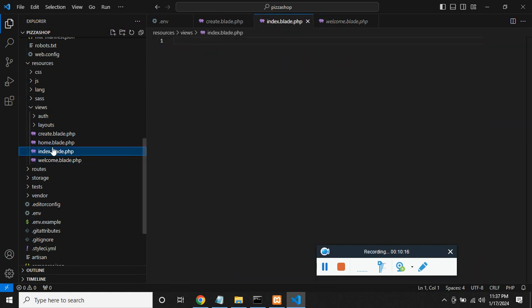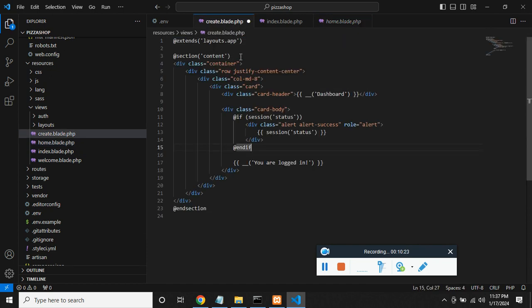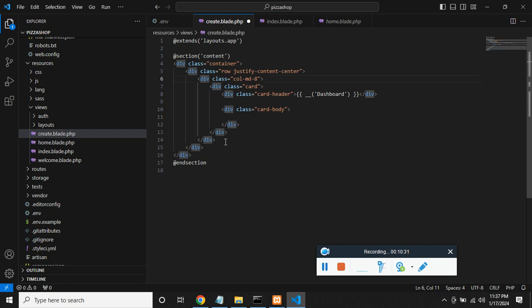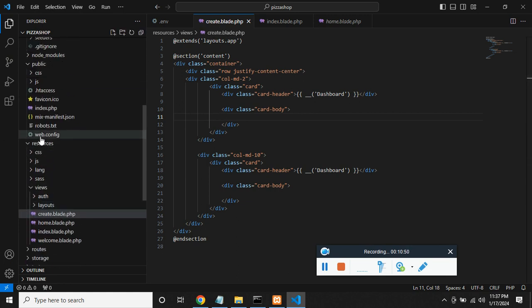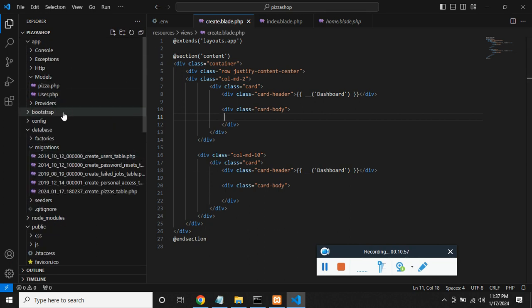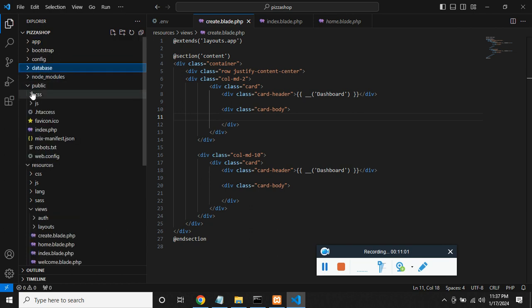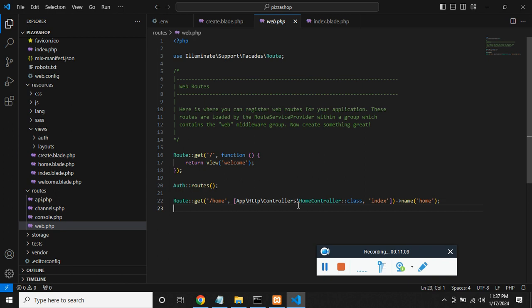Now let me just see in the welcome. Let me just copy the home data and paste it into create, and we don't need this. Let me just delete whatever is inside the card body, and let this be 2, and let this be 10, and here let's just edit the web.php just to see create.blade.php. Web.php, where is web.php? In the routes, web.php. When there is a call for home, just open the